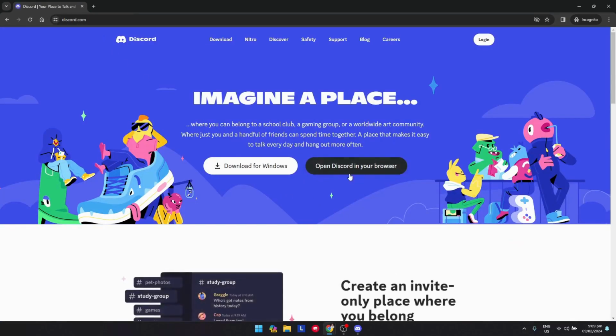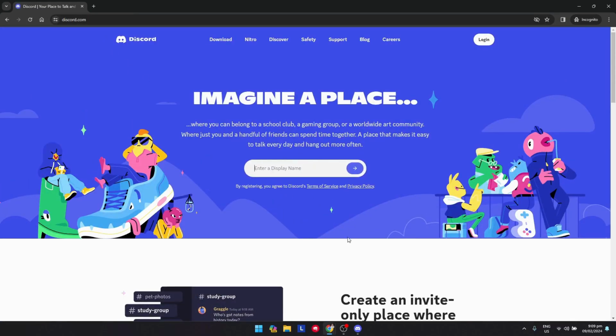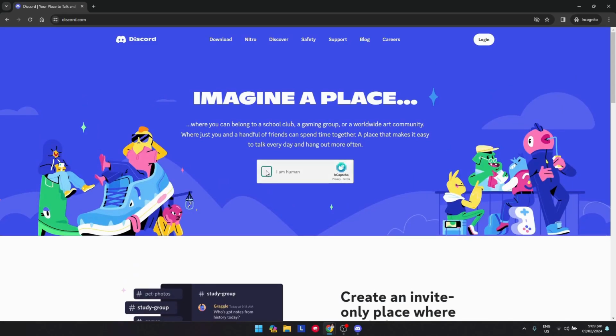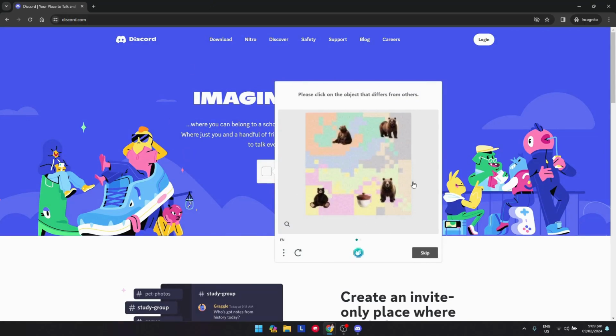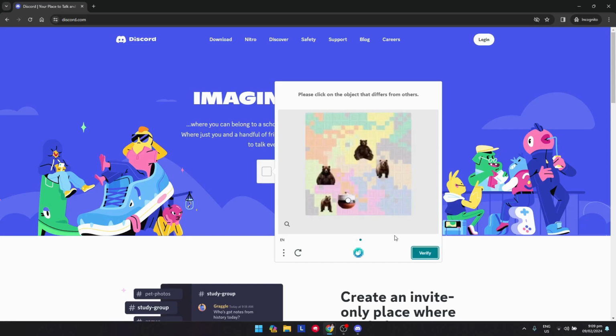Click on open Discord in your browser here, then enter the display name. You could say alt act 12 or something like that. Just click on that, and there will be a verification. Please click on the one that differs from the others. So just go on with this,